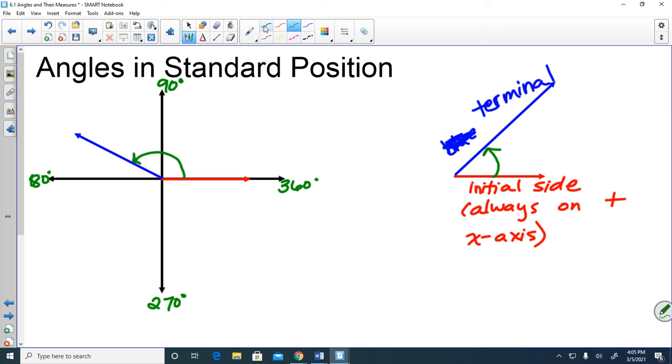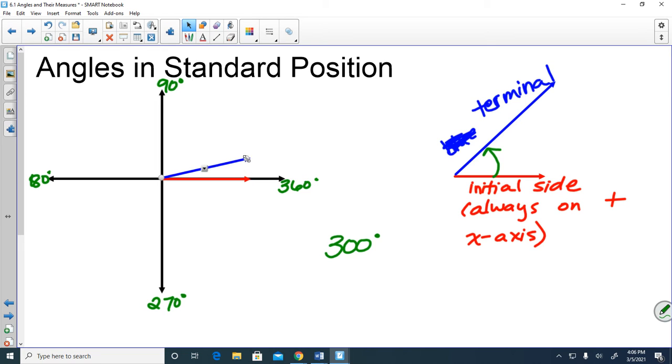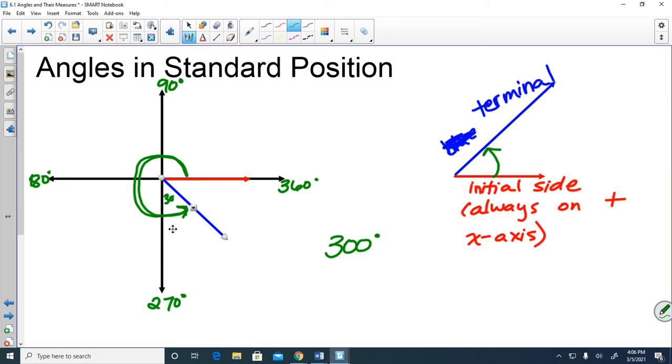So let's say that I wanted to draw a 300-degree angle. Well, first of all, I notice that 300 is between 270 and 360. So that tells me the terminal side should be somewhere in between here. So what I'll do is I'll start my terminal side right here. And then I'm going to open my angle past 90, past 180, past 270, and then till I get a little bit past 270, let's see, I got to go 30 more degrees right here. But then if I go all the way around this way, and it's really important that you draw this because that tells you which way the angle is opening, I have a 300-degree angle